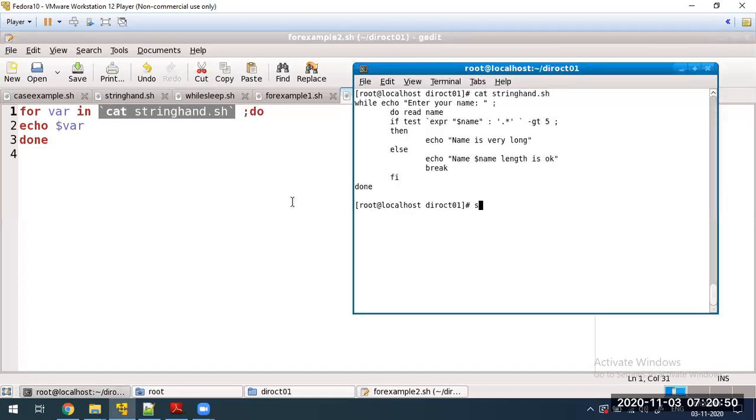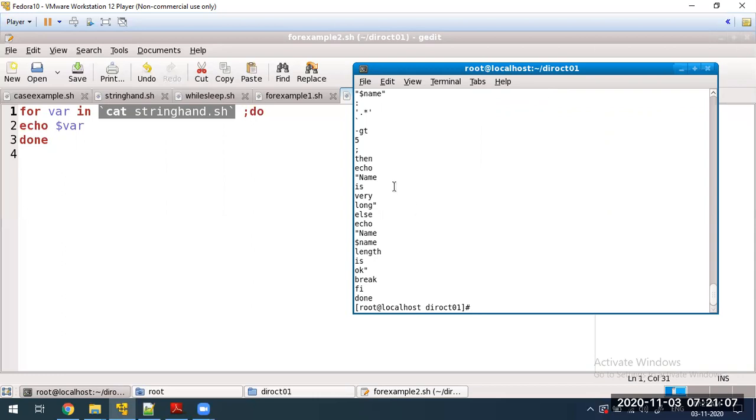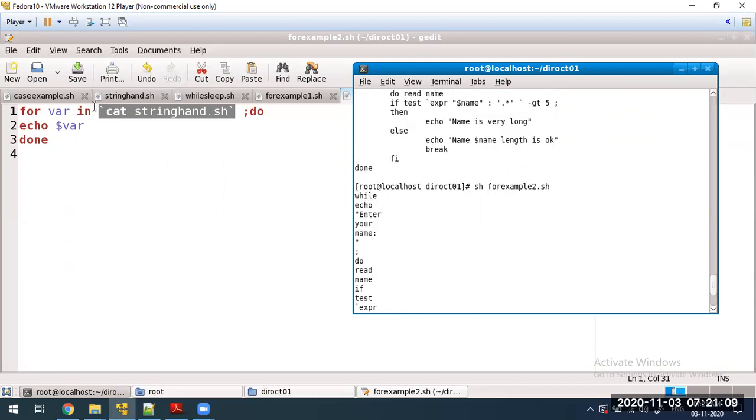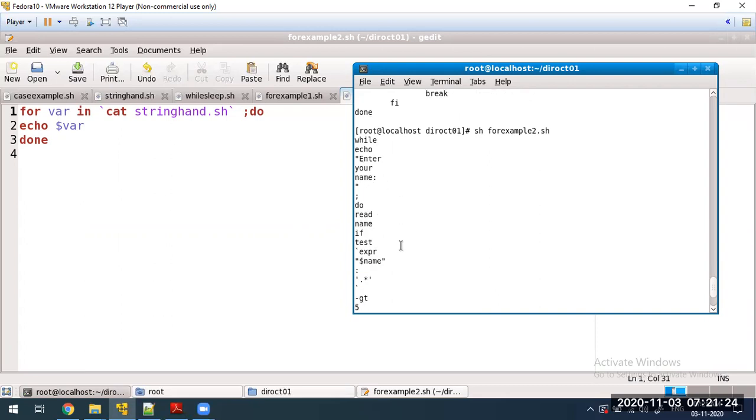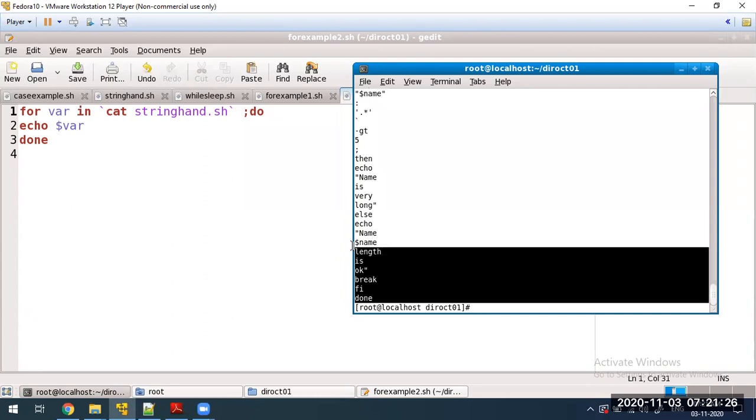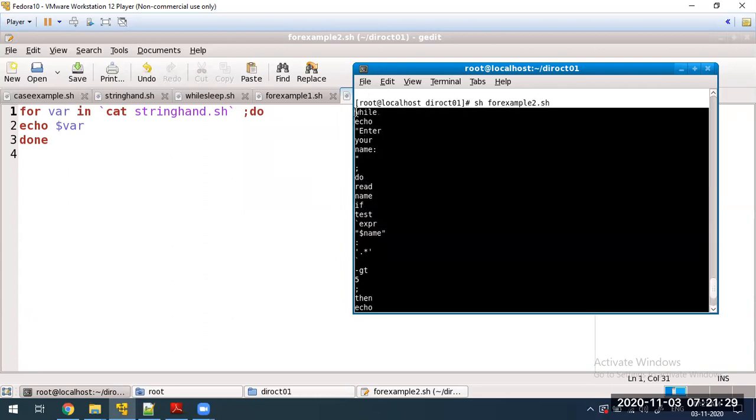Now I'll execute, sorry, I want to execute, for example, sh 2.sh. See, one by one word is being given to this variable var, and it has printed each word. It is separated with the space, and these many times the for loop has executed.